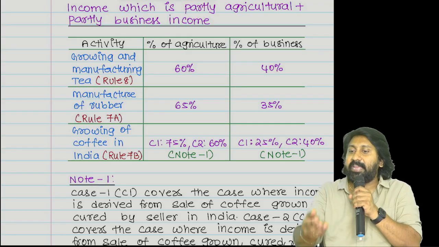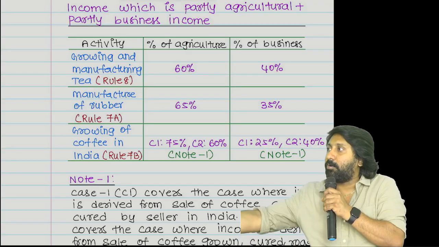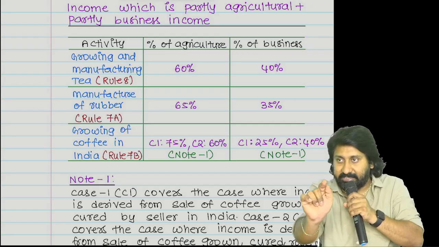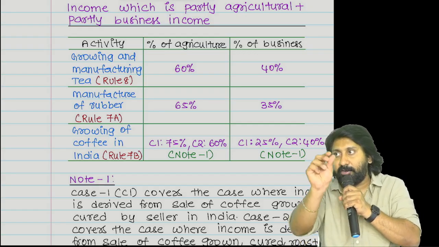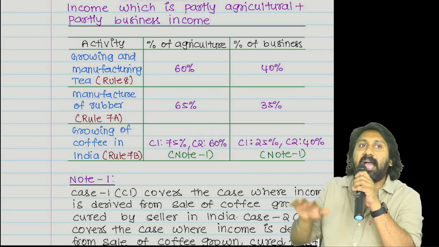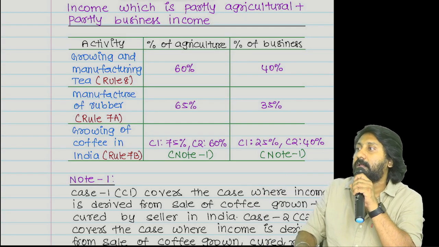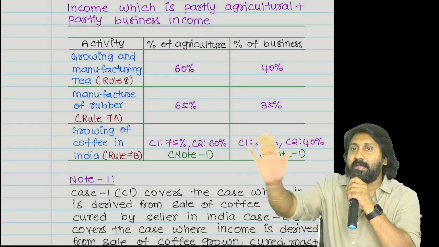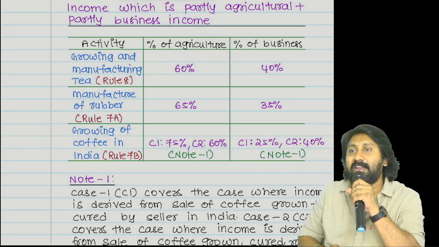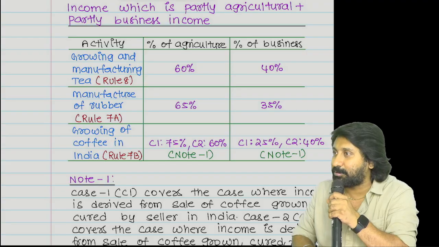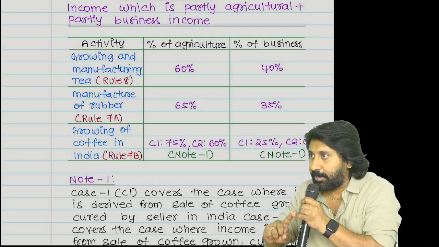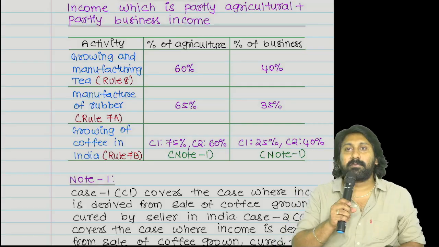So tell me, tea powder does not grow on the plant. Tea leaves are grown. The leaf will go into a process. There they will roast that, make it small, then pack and sell. Packing, agricultural or non-agricultural? Branding, agricultural or non-agricultural? Advertisement of our tea, agricultural or non-agricultural? Then how can you say all these are agricultural income for you? If a tea bag costs 100 rupees, what all is included in that 100 rupees? Advertisement, publicity, marketing cost.